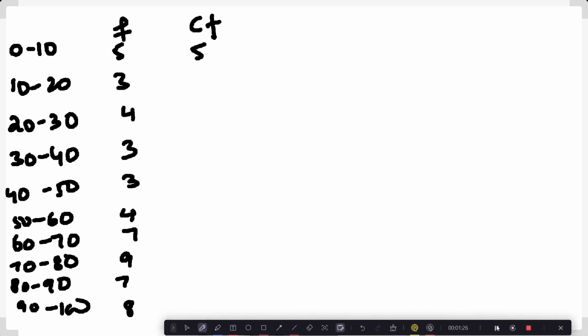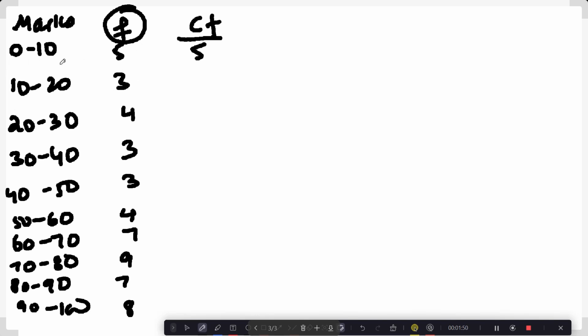तो ये एक डेटा मैंने सामने आपको प्रेजेंट किया हुआ है. This is the marks, कि 0 to 10 marks कितनों के आए हैं, number of students which is frequency, 10 to 20 कितनों के आए हैं, 20 to 30 कितनों के आए हैं. So what is cumulative frequency? Cumulative frequency would be 0 to 10 कितनों के आए हैं, 10 से नीचे कितनों के आए हैं, 20 से नीचे कितनों के आए हैं.